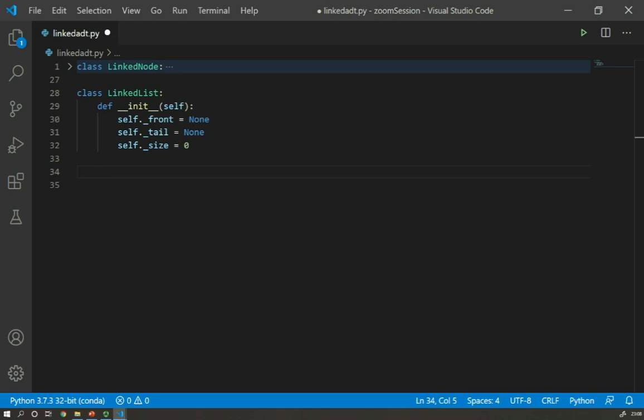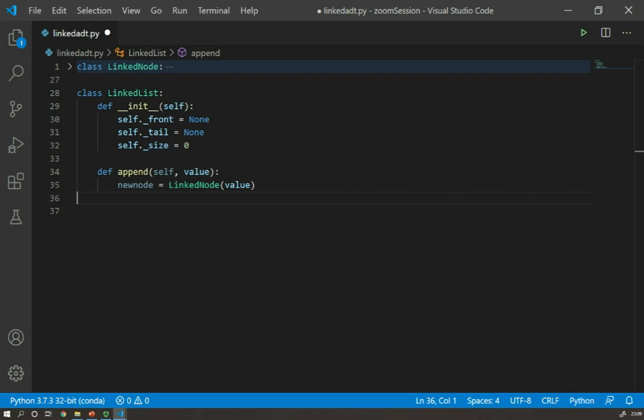So one of the operations I want to look at is to append to a linked list. We've seen that append was very efficient, so I need to ensure that my code will be efficient too. So let's define append. What I want to do is to have a value and add it at the end of my list. The first thing we had to do was to create a new node. To create a new node, I'm going to call the constructor from linked node. So here I'm creating a new node with the value as a parameter.